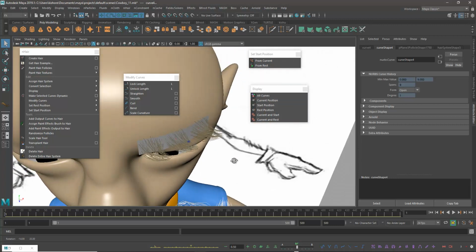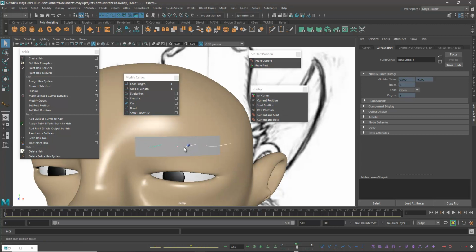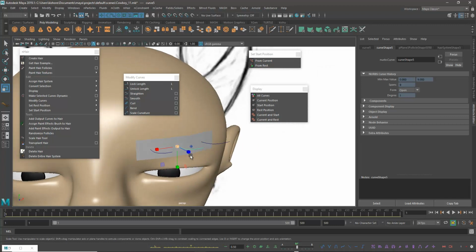So what I'm doing, individual curves also we can adjust. I just want to select only this curve. I can scale. So when you scale like this or increase, take the scale tool. This is the right way.